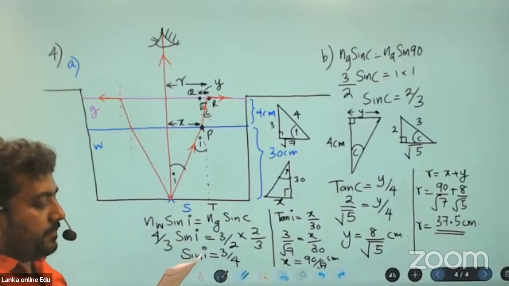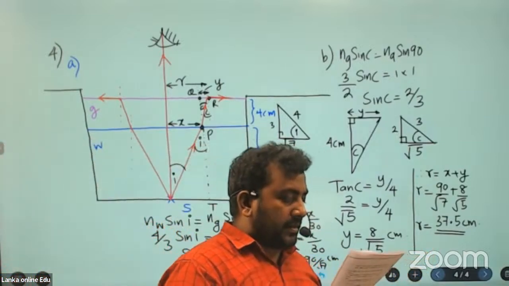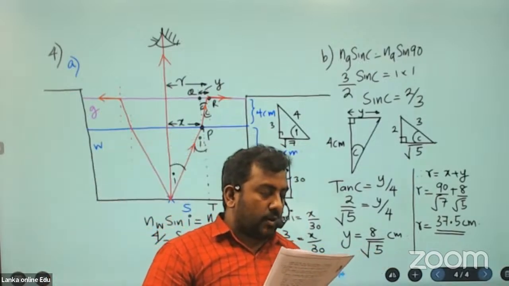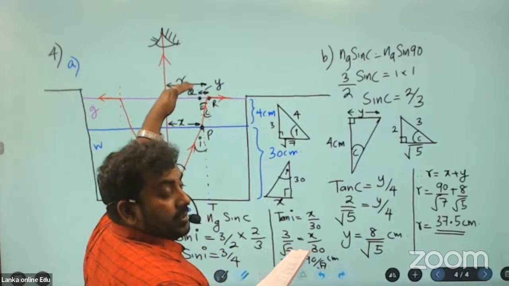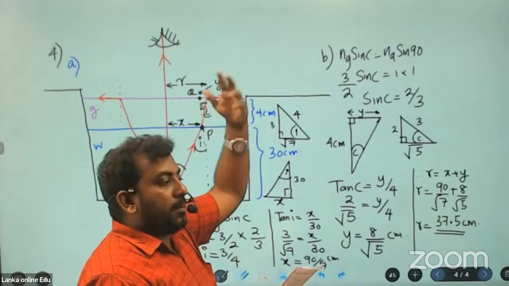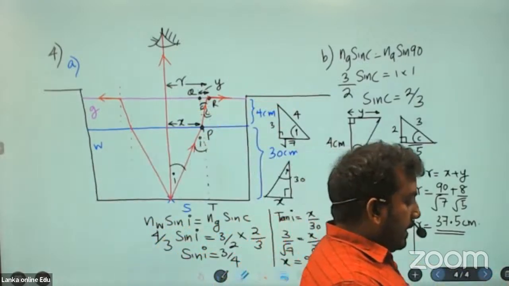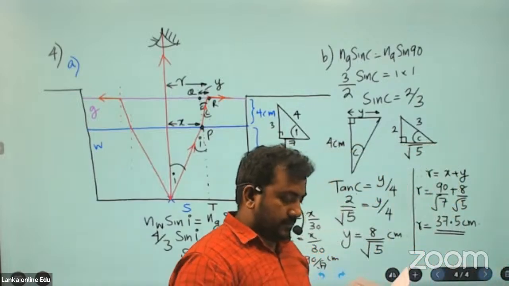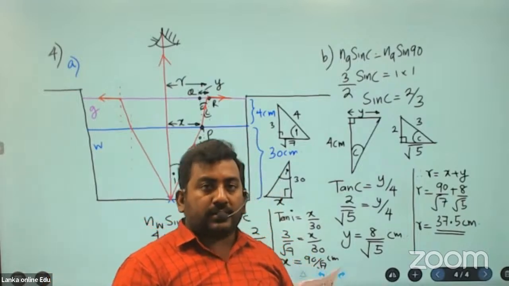Part C. What will happen to the diameter of the circular patch when another layer of water is placed on the circular glass plate? If you put a layer, what happens? The radius of the patch will further increase. Right there. The radius of the patch will further increase because